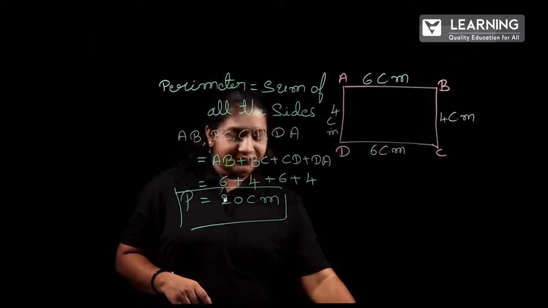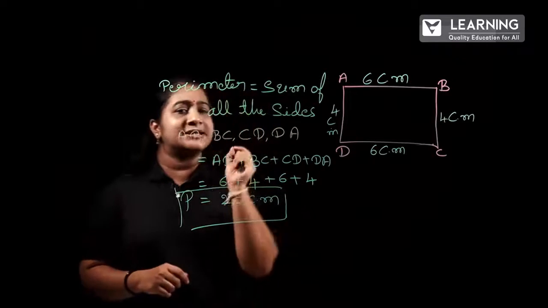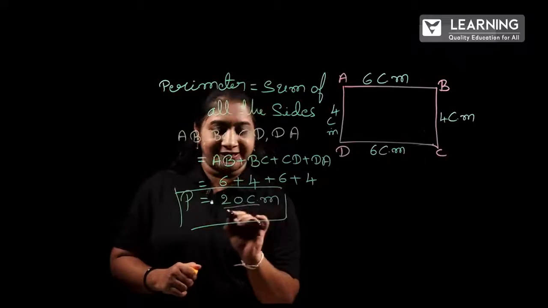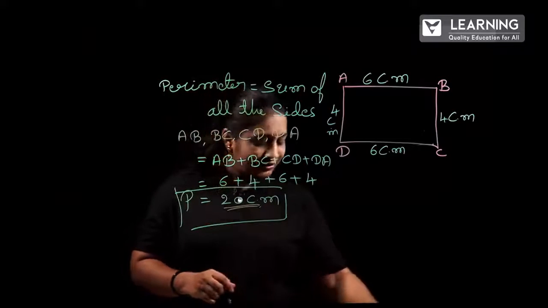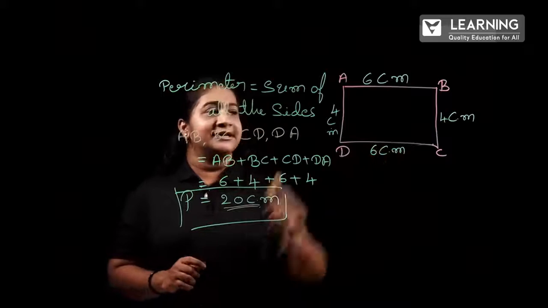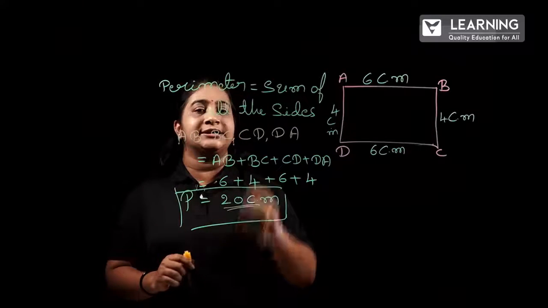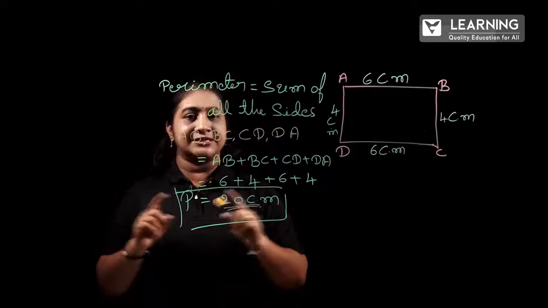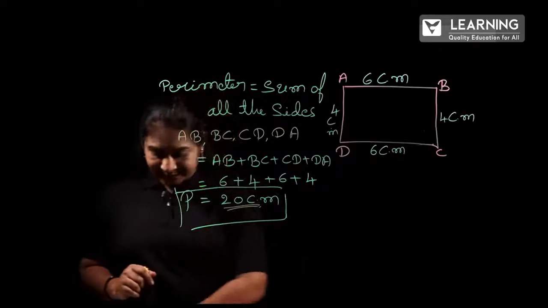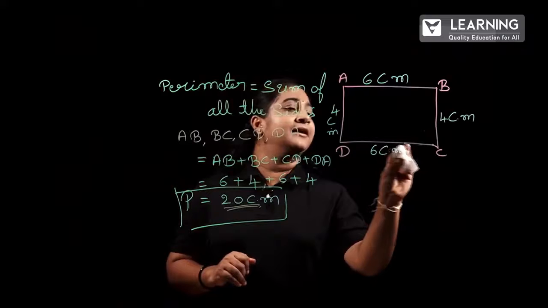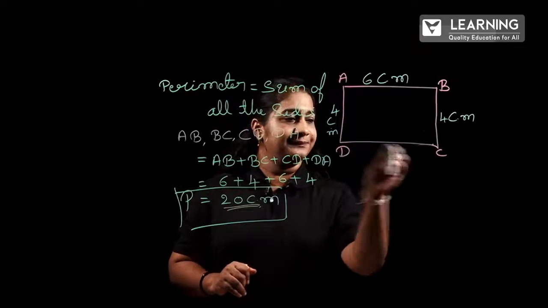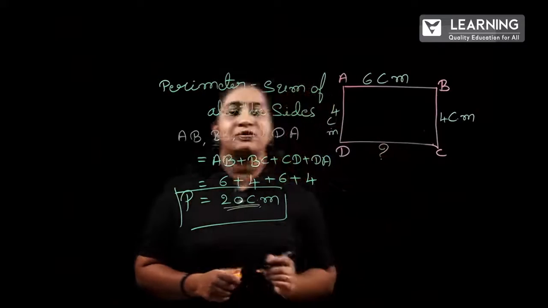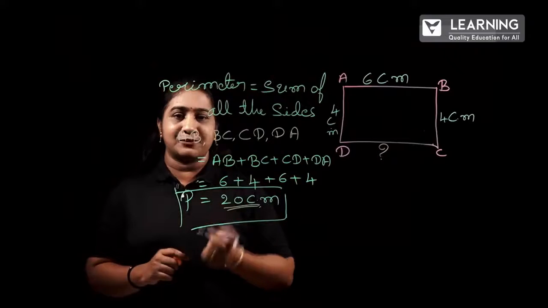So, in this problem, I will do a slight change. What is that? We know the perimeter. So, take the perimeter as 20 centimeter and we will change the values of the sides. In this rectangle, we know only the value of 3 sides. So, the 4th side we have to find out. What is the distance of the 4th side? Let me check. See, I will erase the distance of DC. So, the DC value is unknown, and we have to find out the value of DC. How can we proceed now?